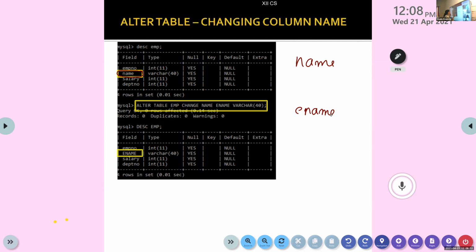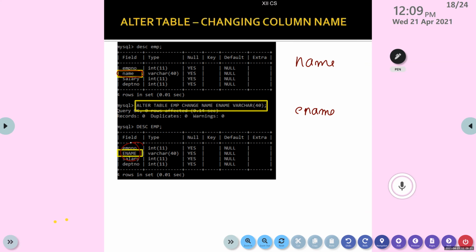Old name first, new name second, then the data type. Then you can see it changed to ename. I hope it is over.